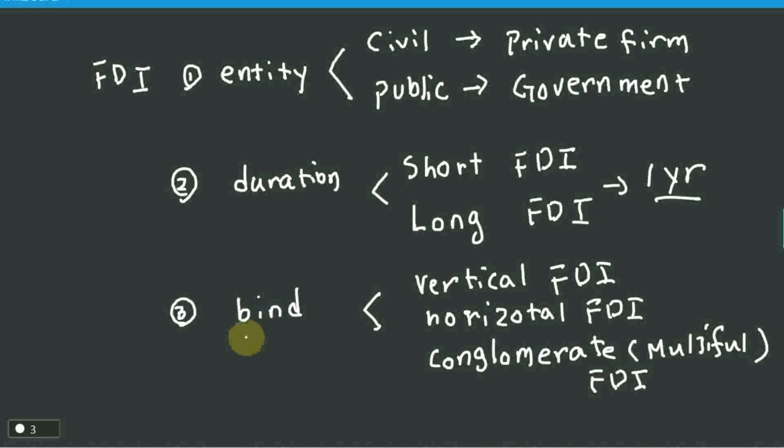So by the shape of binding, we can divide into vertical FDI, horizontal FDI, and conglomerate FDI. Please keep this in mind. And again I'll repeat: by entity, by duration, by bind, and